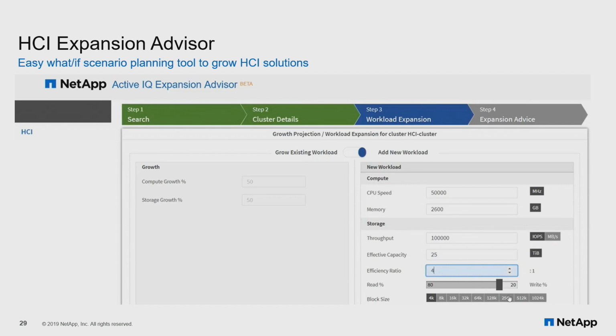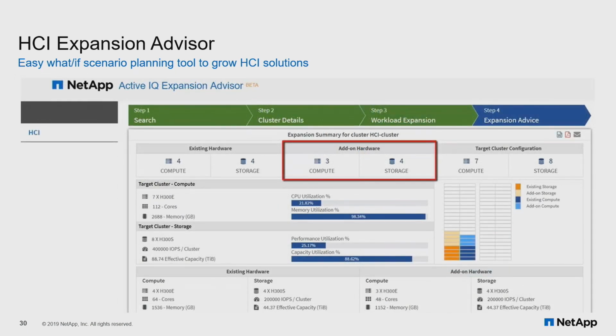So she chooses to add a new workload, and she types in the requirements for CPU and memory, and she has also gotten some details around the efficiencies she needs. And you saw in the previous screen that that particular workload was not running at the level of efficiency that she wanted it to. She types in all of those details, and what she gets as a recommendation is